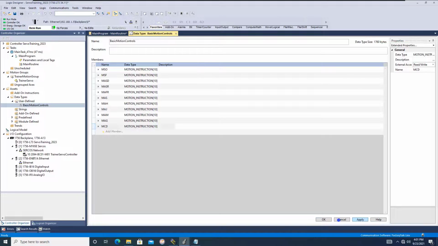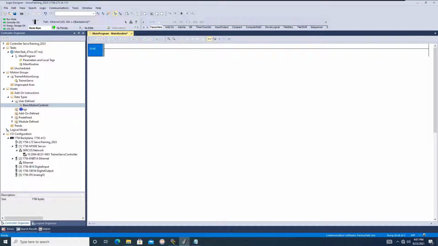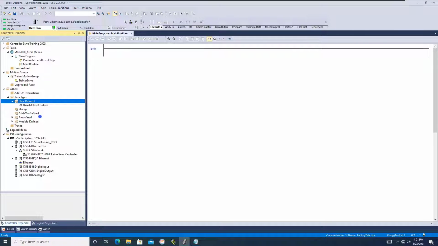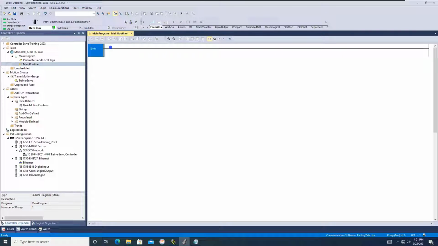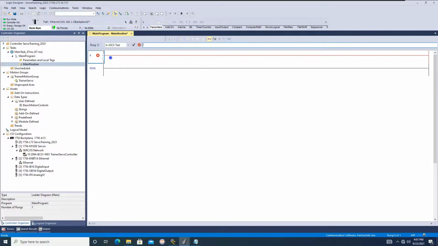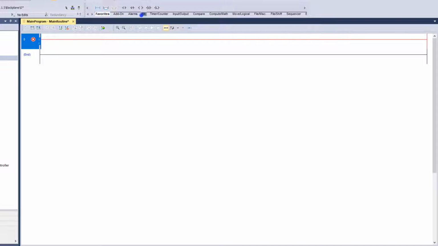Alright, so now we're going to hit apply. We're going to hit OK. And if we go in here, we have our motion group now, or we have our basic motion controls. So now if I come over here and add a rung or something of that nature, so let's add in a rung, and I wanted to have like a motion command or something of that nature. Let's just start with a basic command or something like that. So let's go expand this over a little bit and then